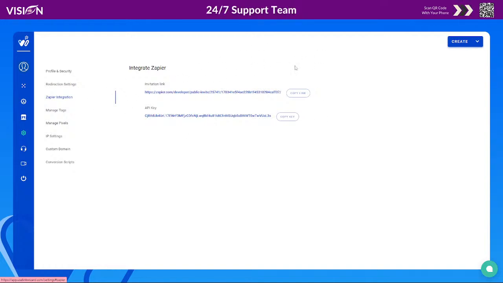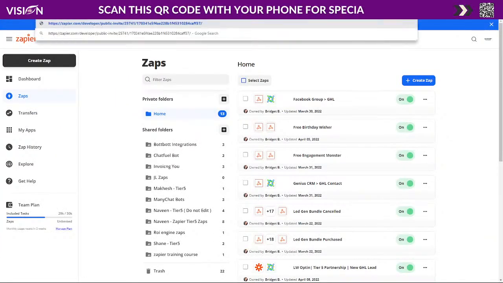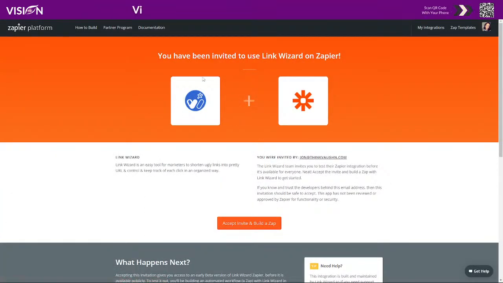So what we're gonna do, now we have our Zapier invitation, all right? Now, you could use Pabbly or some other services if you want to, but a lot of these softwares do use Zapier, and you do need to be invited to Zapier. So for example, this one, we need to be invited to Zapier. So I'm gonna copy my Zapier invite link, and then I'm going to just open it in a new window or paste here, and you can see here is the invite. Okay, so what this link is saying is you've been invited to use Link Wizard on Zapier, and click here